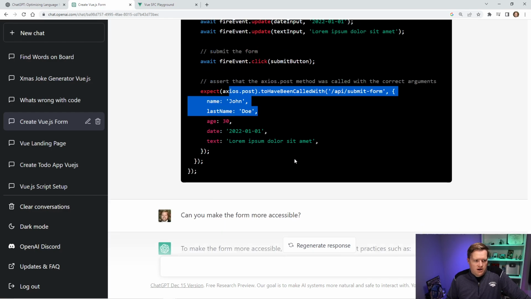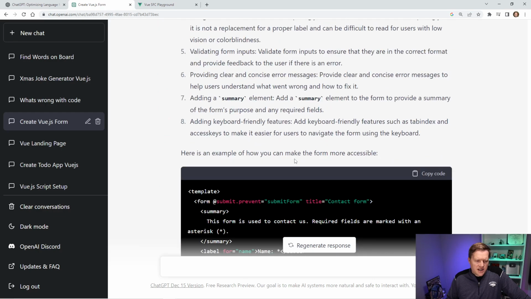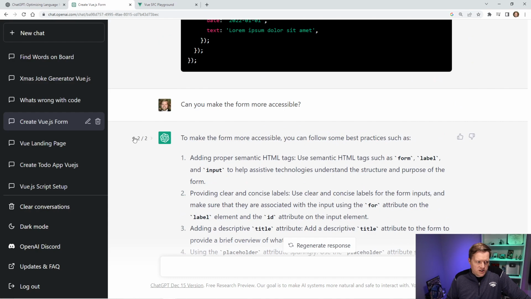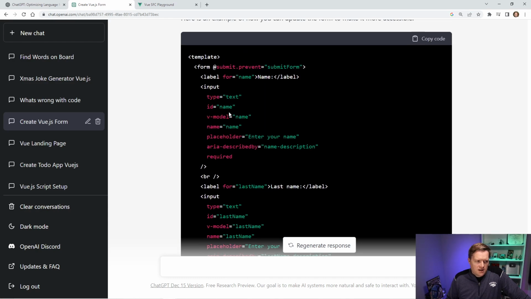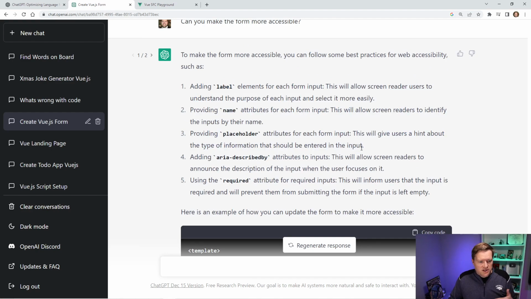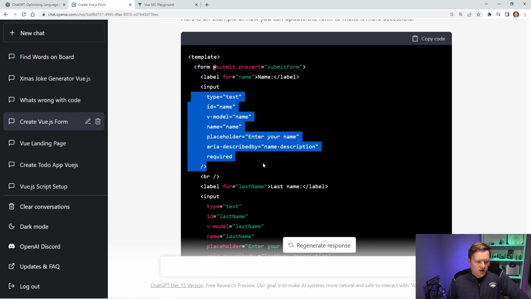So I think this is a little bit nicer, and I was really impressed that it could figure this out without any other prompting. And then I did ask at the end to make it more accessible, and it kind of errored out. But the first time it did it, it actually looked not bad. It added type attributes, it added aria-describedby, added some placeholders, even explained some things that you need to do to make it more accessible. So this is a great tool. If you are creating a form really quickly and you forgot some accessibility rules, ChatGPT might be worth pulling up real quickly and saying, can you just remind me of the accessibility rules? You could probably get the same thing from Google, but it's cool how you have all the information here.